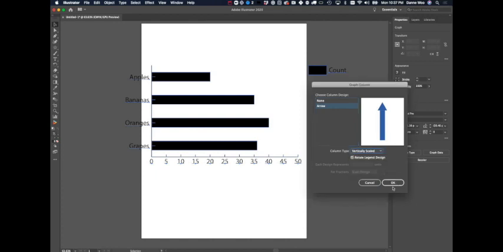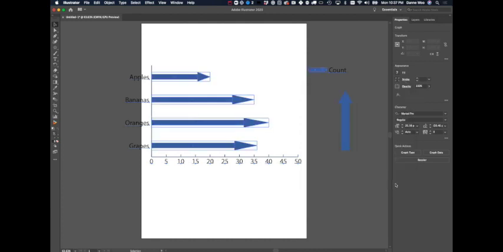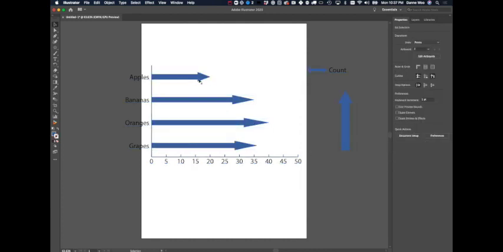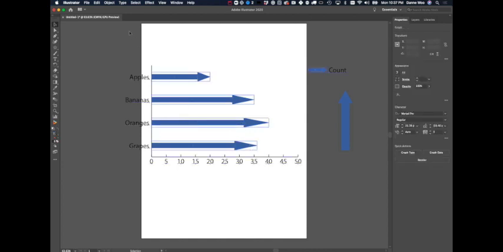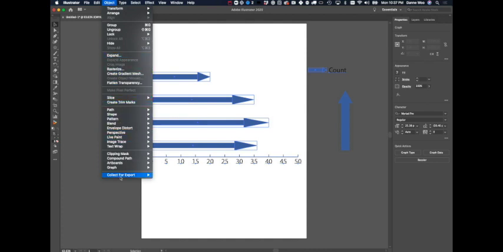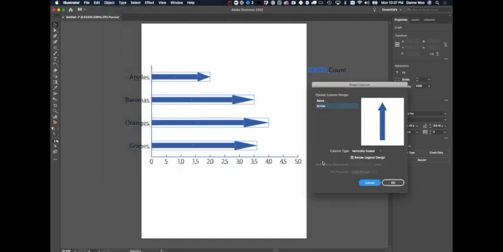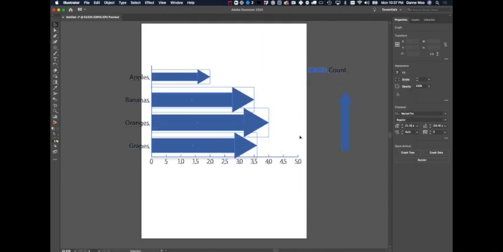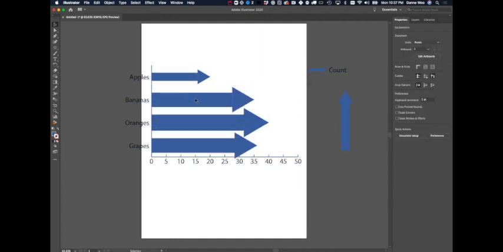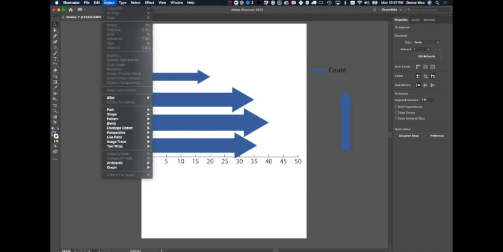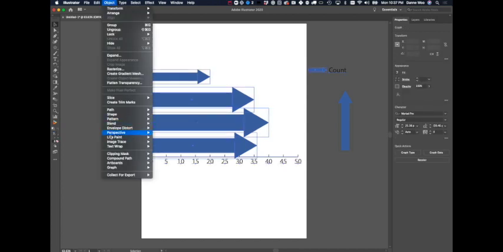Let's try vertically scaled first. Cool. So as you can see, it's kind of getting skewed because it's just vertically scaled, or in this case, horizontally scaled because it's a bar. So let's go back to column. Let's try uniformly scaled. So that's not skewing it, but it doesn't look very great because it's scaling the width and height. So let's go back